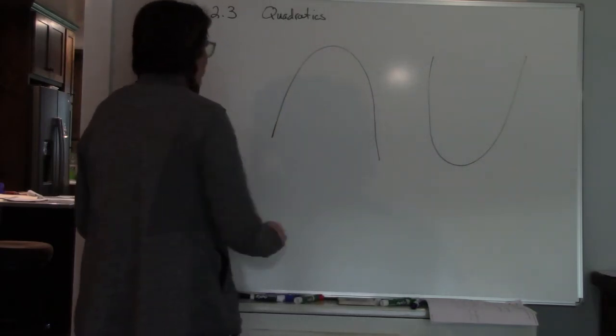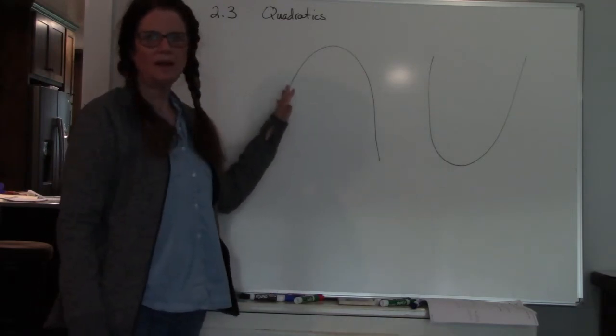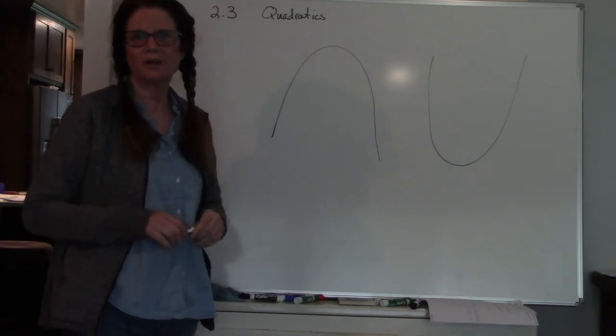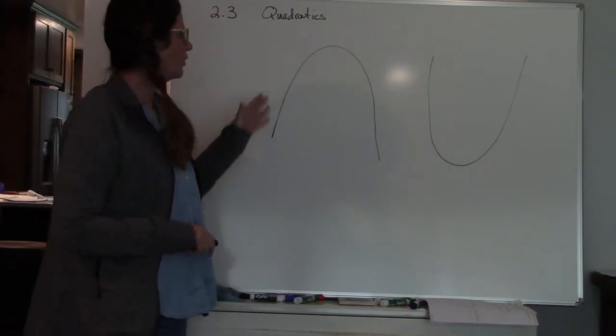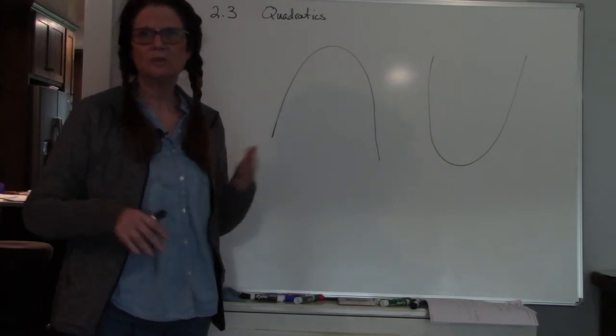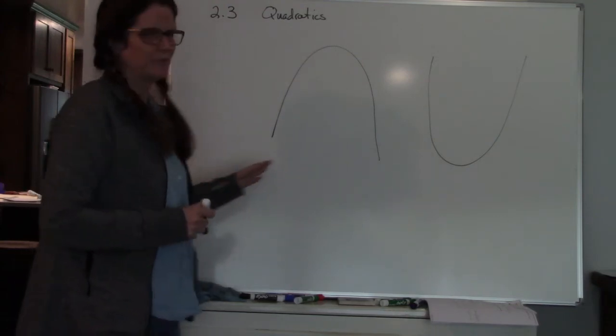And where you see this quite often is dealing with profit and revenue. Profit and revenue functions are both quadratic in nature. They go up and they go down. So what we're going to do is go through some terminology,